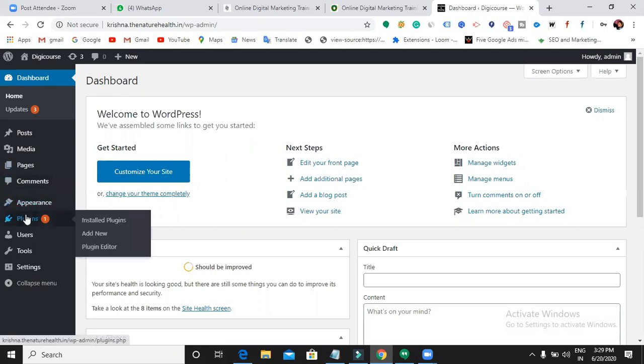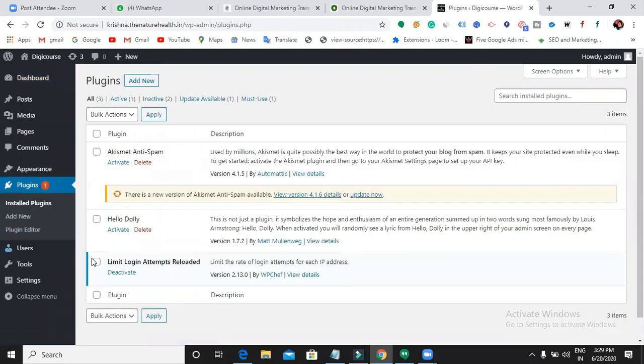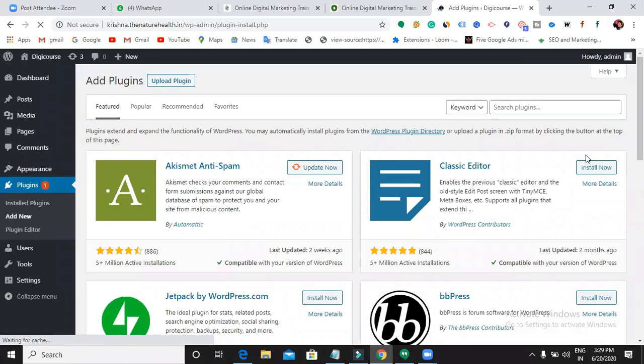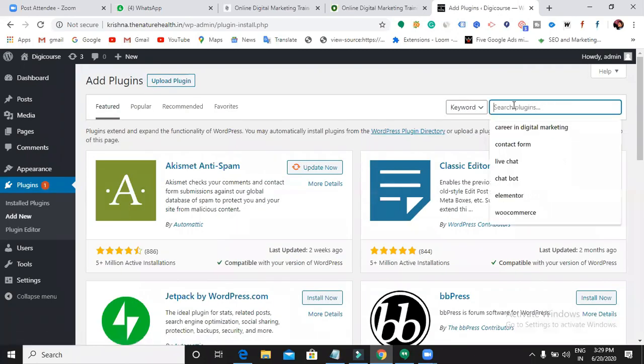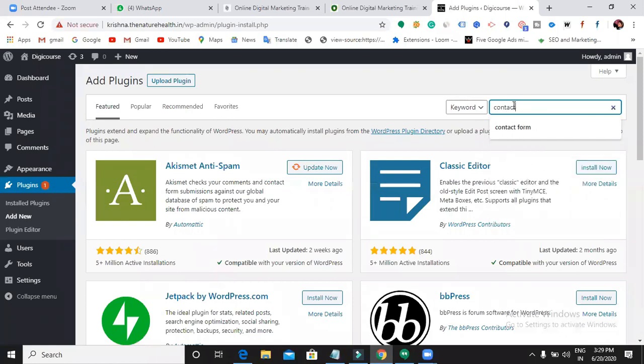You can see an option called plugins over there. Just go there, and these are the default plugins you have. If you want to add any extra plugin, just click on add new. Then what is the plugin I have to search for? Contact form.